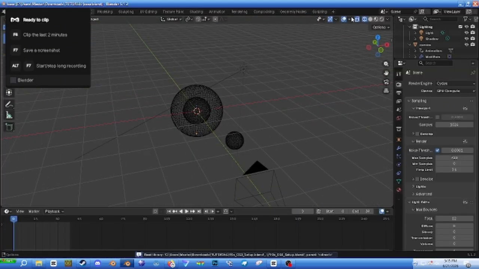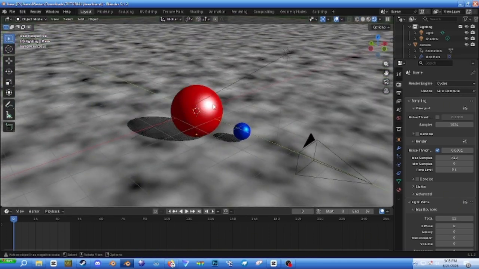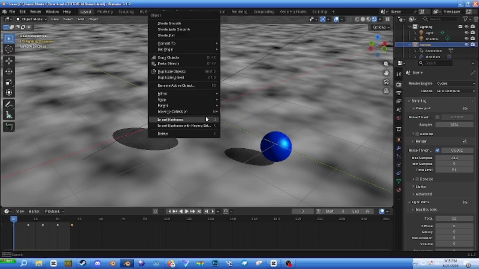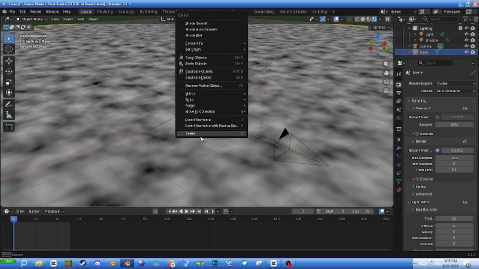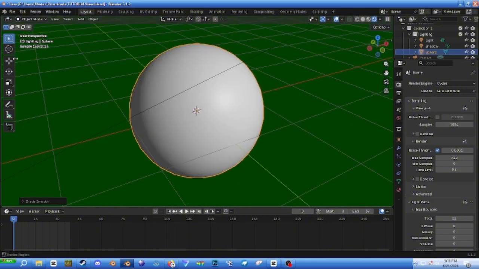So here it is. There's just a bunch of stuff here that you don't really need, so probably just delete all this. Right, here we go. So here's the base. You can model whatever you want in here. I'm going to show you how to use the